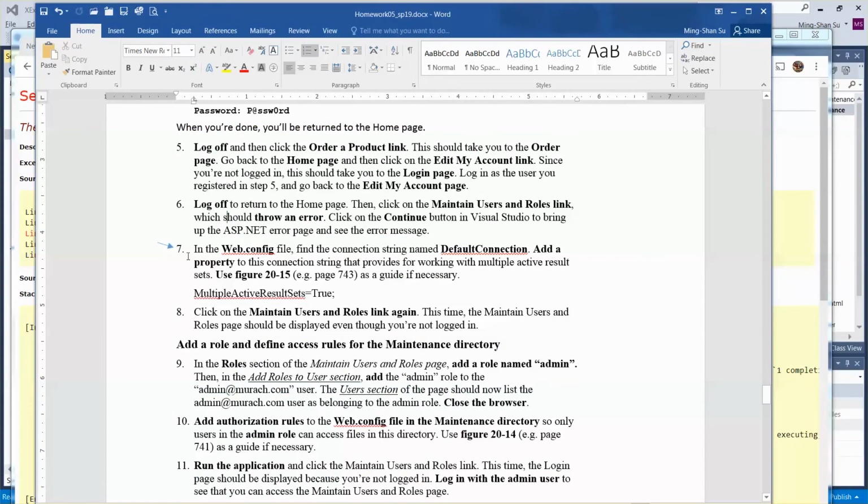And then step 7 says that in the web.config file, find the connection string named DefaultConnection and add a property to this connection string that provides for working with multiple active result sets, using figure 20-15 as an example. So basically, if you look at this page, this will be the value you will add into this